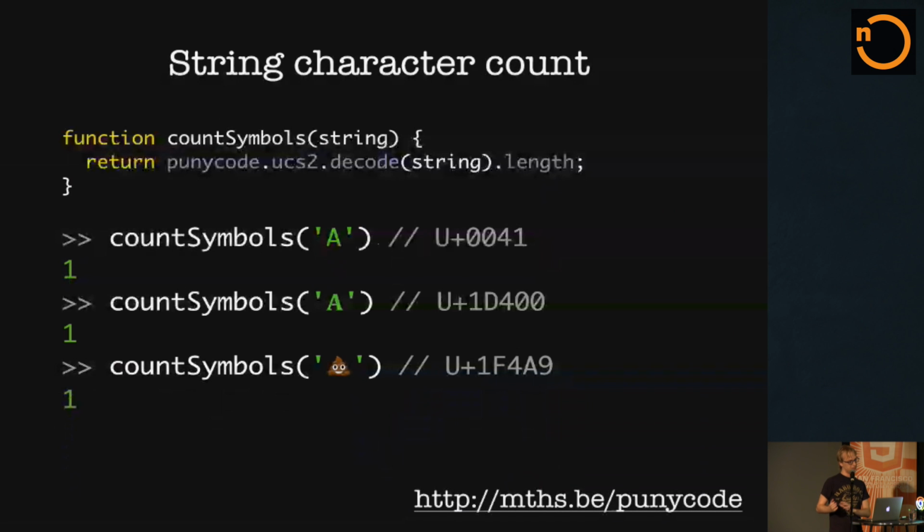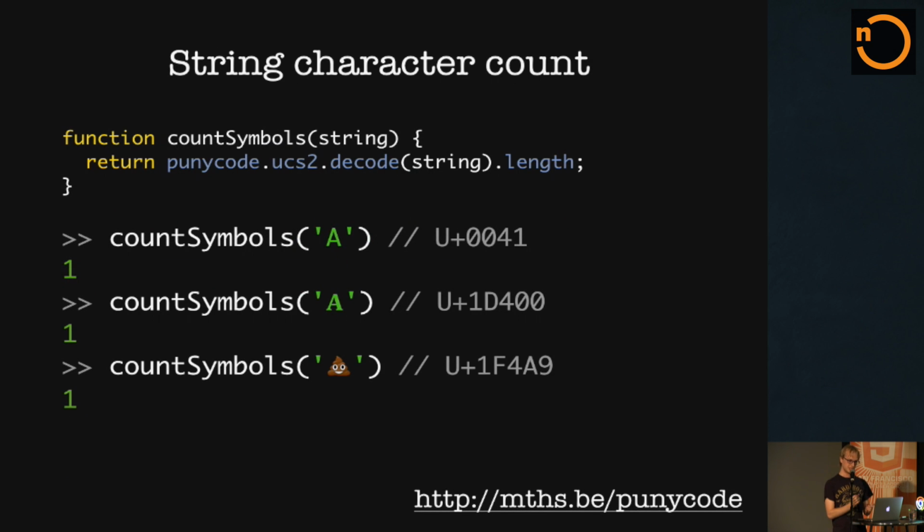So getting back to my Punycode JS library, this is not its main functionality. The main functionality is to convert between the different domain names. But to iterate over the internationalized domain names symbol by symbol, I had to implement some helper methods that would do this and that would account for surrogate pairs. And I decided to expose those methods so that other people can use them in their own code. So in this case, you can use